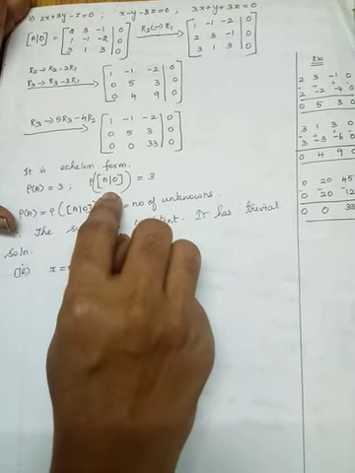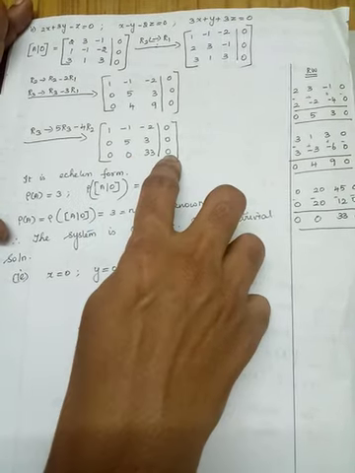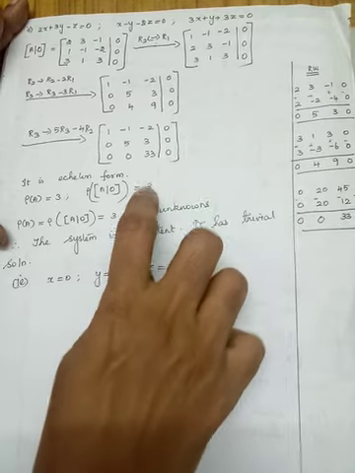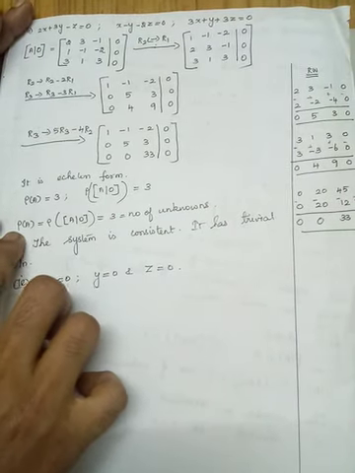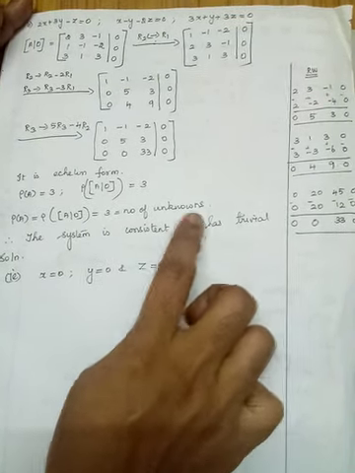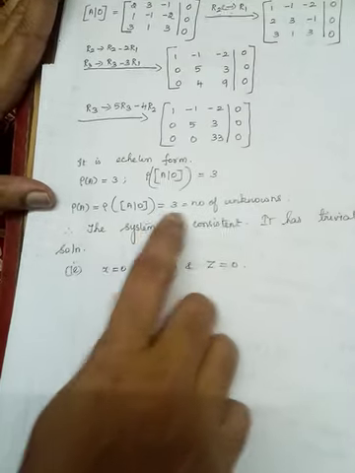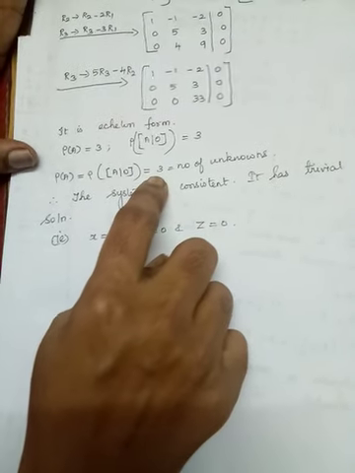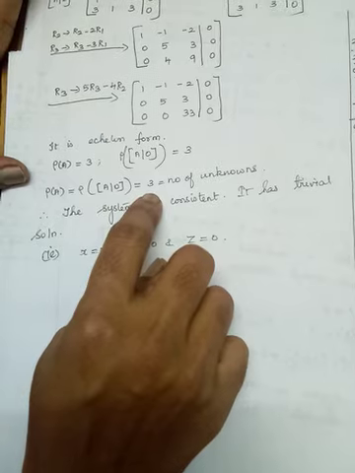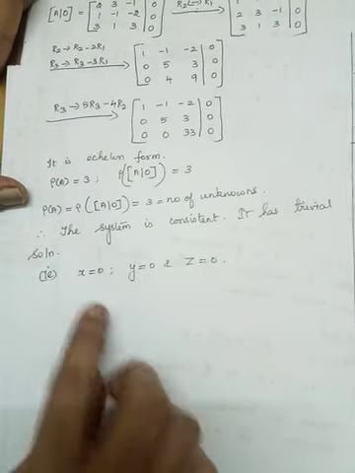Then go for the rank of the augmented matrix A0. So here you are having the number, so the whole row is considered as a non-zero row. So it is equal to 3. So rank of A is equal to rank of A0 is equal to 3. 3 is the number of unknowns. So we have to write the system is consistent. It has a trivial solution. When it is less than n, it is a non-trivial solution. All three being equal to the number of unknowns means it has a trivial solution, that is x equal to 0, y is equal to 0 and z is equal to 0.